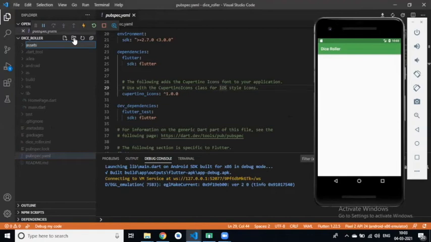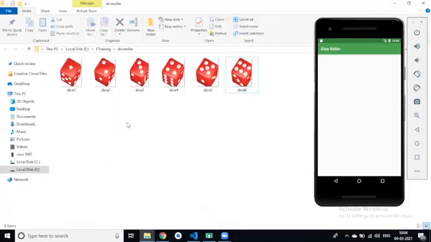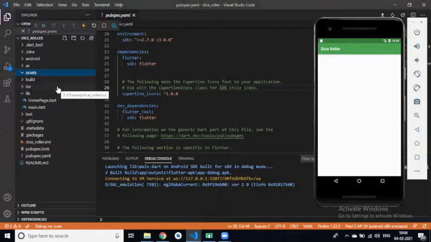In the assets folder, you can simply copy all the images and paste them in this asset folder.